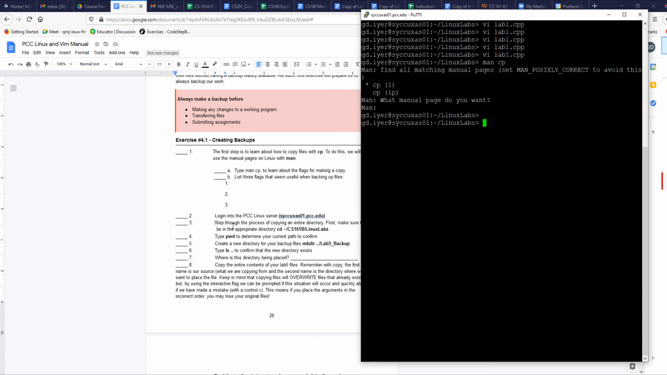We are on step 3. Make sure you are in the folder where you want to make a backup of. So here I am. Actually, this is not where I want to be. I want to go to home, and then I want to go to CS161B slash Linux labs. See how you can use the asterisk to do the wildcard search. Then